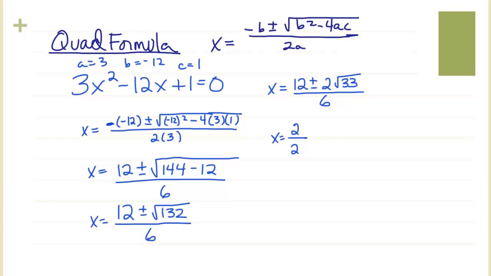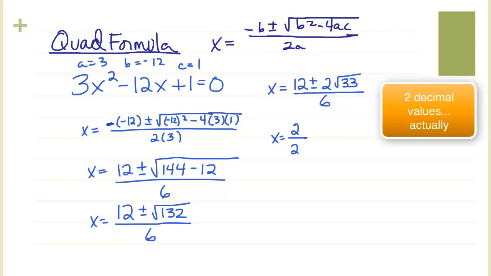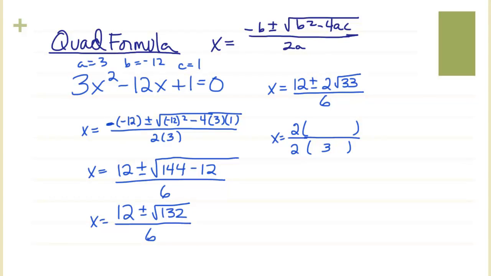Again, if I was just doing this in order to graph it, and if I was using a calculator, I could plug that whole thing into the calculator and get a decimal value. But if we want to write it simplified, then we're going to factor something out on the top and bottom, and it has to be the same thing, because eventually we're going to get rid of it. So let me double check. 2 times 6 gave me my 12. 2 times 1, because there's an invisible 1 in there, gave me that 2 that's now gone, and 2 times 3 gave me 6. So the simplified version, because we can divide top and bottom by 2, is